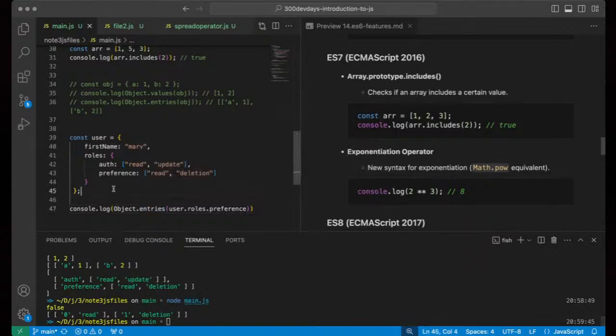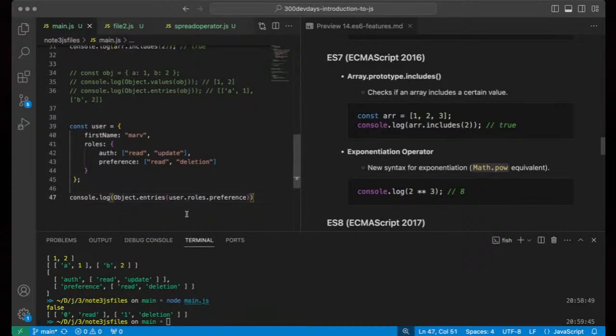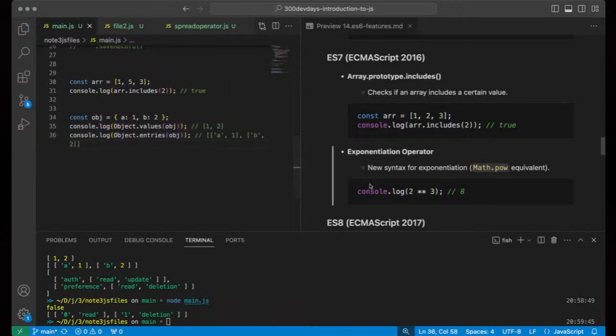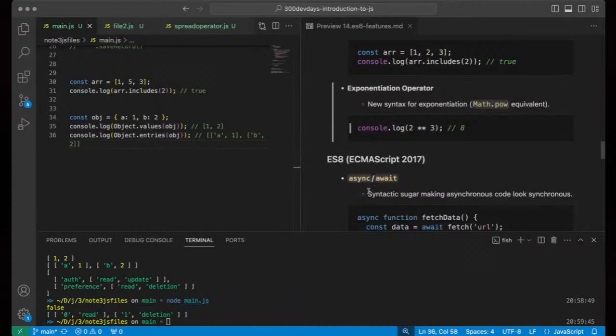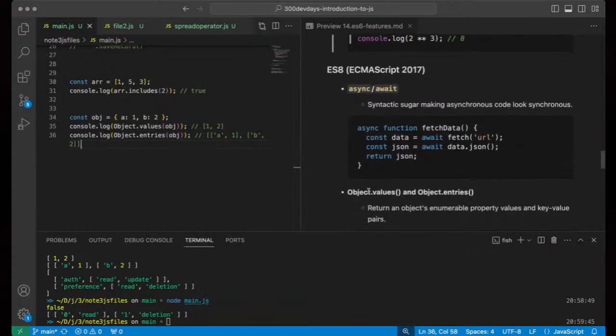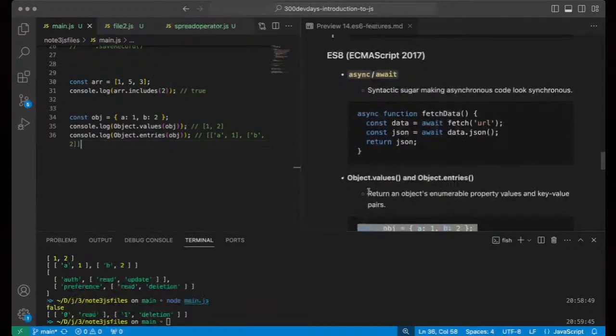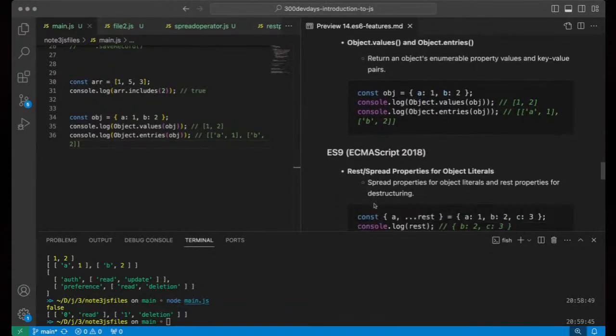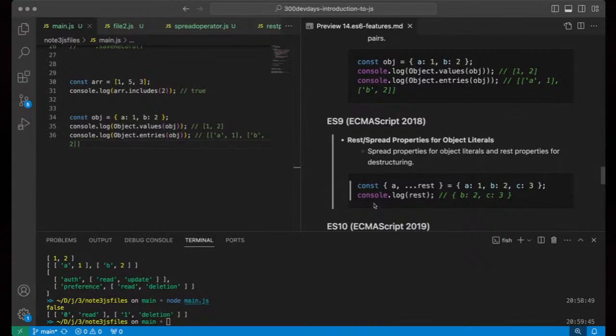And from there, I should be able to use the response I get, true or false, to proceed with my action in my code. So if it has deletion, then I should be able to delete. If it doesn't have deletion, I should probably return a response that says you don't have the permission to delete, right? So it makes it easier, rather than trying to do a lot of loops and check some of the nested objects you have within those other objects, okay? I hope that makes sense, but don't worry. By the time we dive into core backend development with JavaScript and Node.js, you would see me do some of these things, and you would get a better understanding of what I'm trying to achieve here.